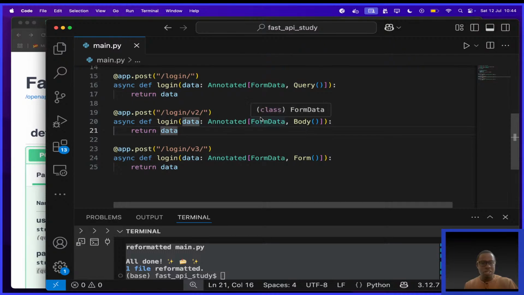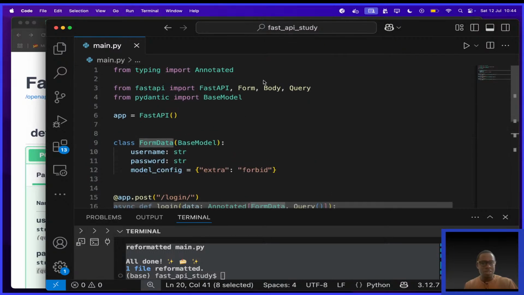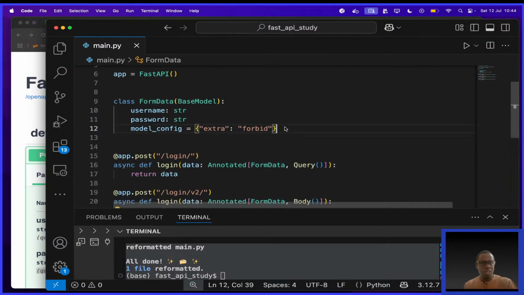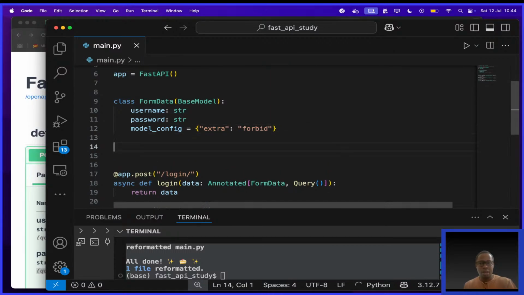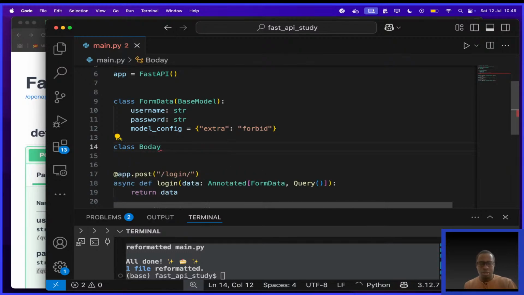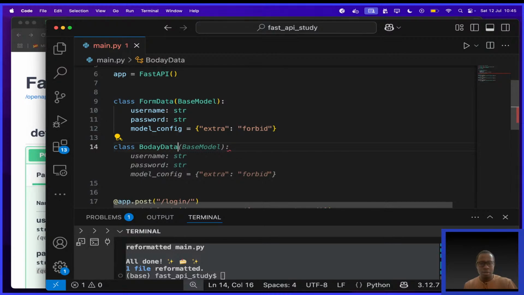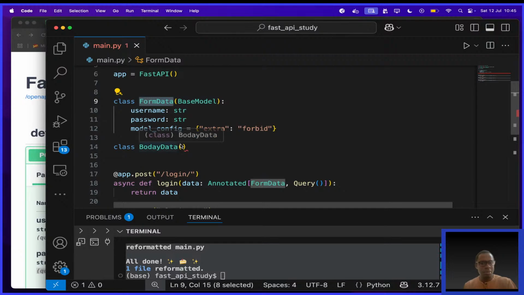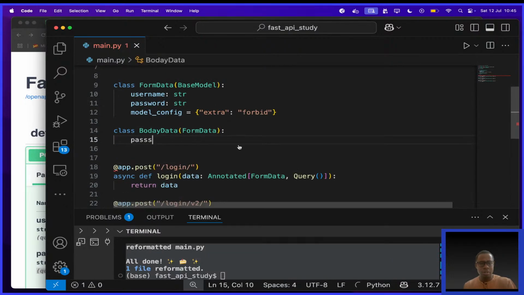And if you want to make sure it makes sense, you can use inheritance, like we saw yesterday. I can come here and say class body data. Do you know what I do? I simply inherit from form data, because they're the same. Inherit from form data and say pass for an empty